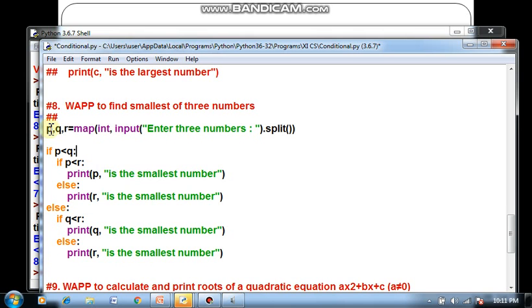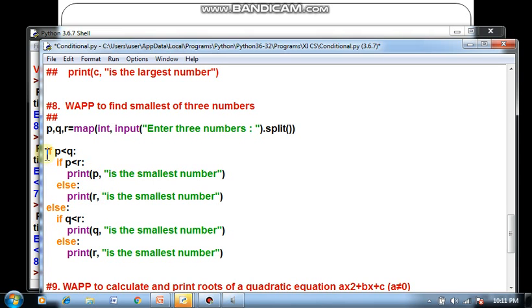Look at the program, just like the above program, we have inputted P, Q, R. Then after that, P less than Q is checked first. If P is less than Q, then we need to check P with R. If P is less than R also, then P is the smallest, otherwise R is the smallest.